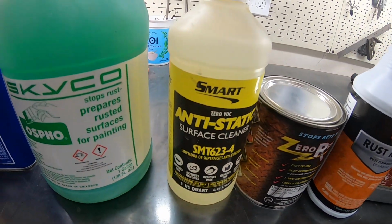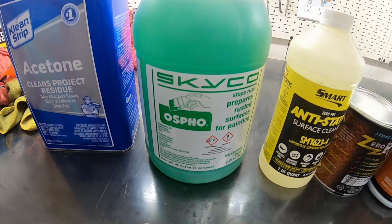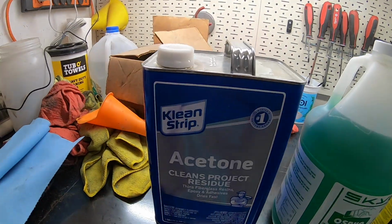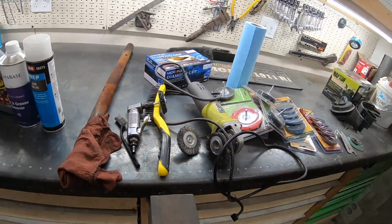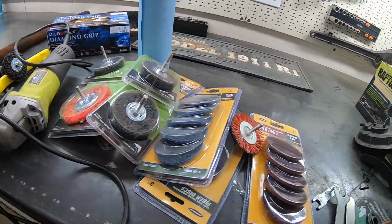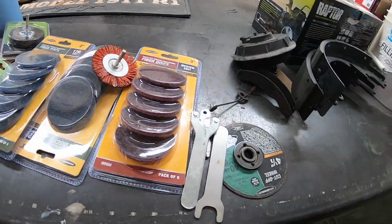Zero Rust, some anti-static. That's just before I paint. And that's probably the first thing we're going to do, is clean it with that. Then I've got my mechanical stuff over here. I went to Harbor Freight, threw up on my workbench, and I got all kinds of stuff to